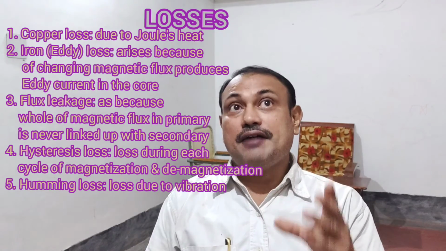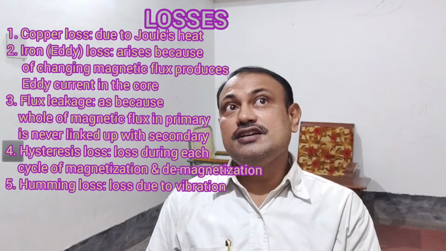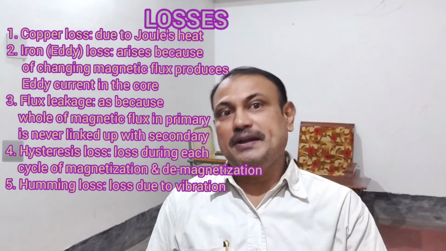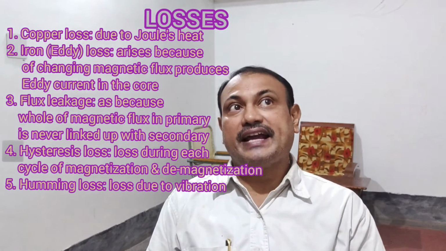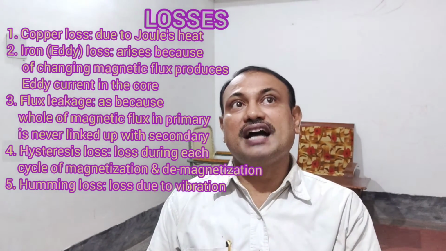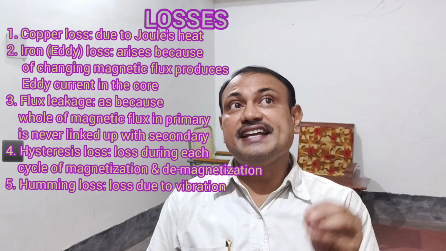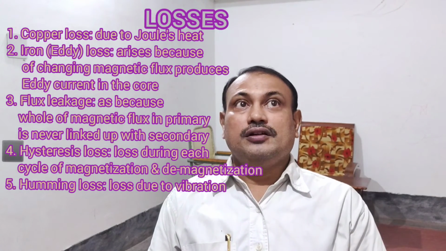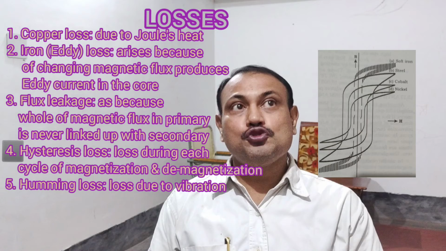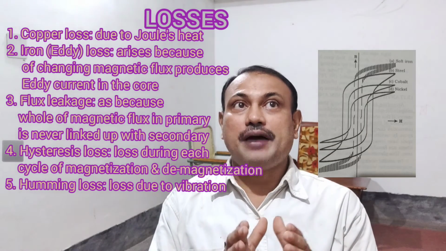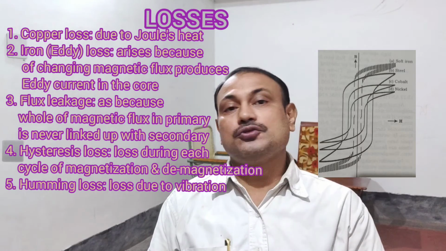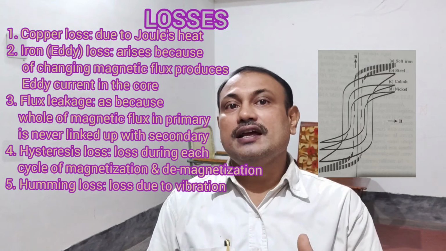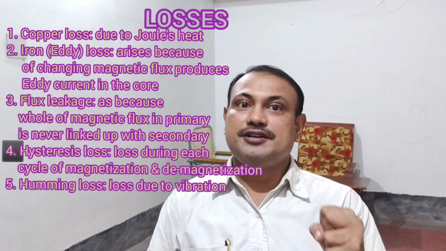The fourth kind, you can have hysteresis loss. In hysteresis loss, the AC current flowing through the coil magnetizes and demagnetizes the iron core repeatedly. The complete cycle of magnetization and demagnetization is termed as hysteresis. During each cycle energy is dissipated and is termed as hysteresis loss. This hysteresis loss can be minimized by choosing silicon iron core which has a thin hysteresis loop. Also, we have discussed this partly in mutual induction, and more to be discussed when we will have hysteresis as a part of discussions.